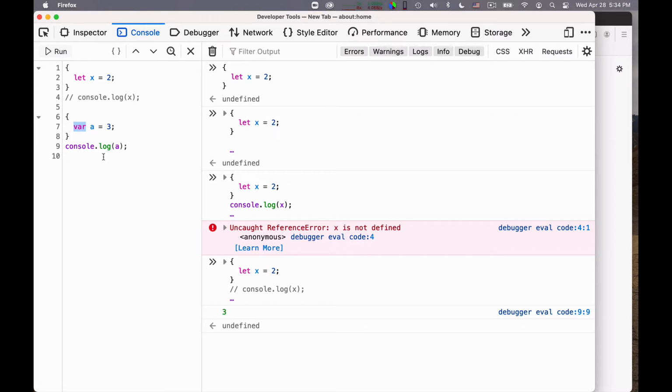Essentially, var is the old way of writing JavaScript code, where the scoping was the function, and let is the new way in which we are using the scope according to the code block.